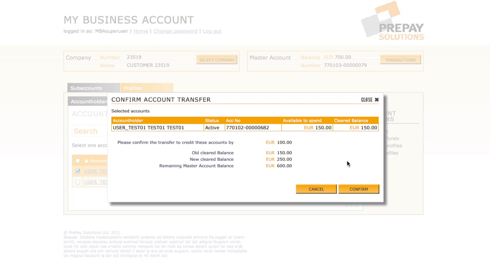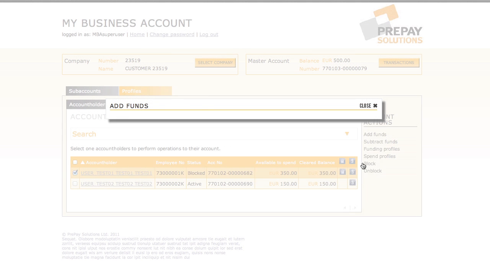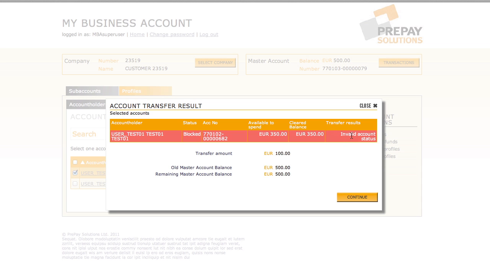A confirmation screen will ask for confirmation of the transaction, in addition to summary account information displaying the account balance before and after the transaction. Clicking Confirm will bring you to a screen that confirms the transaction has been conducted successfully. Should a transaction fail, the account will be highlighted in red with notification of the failure in the Transfer Results